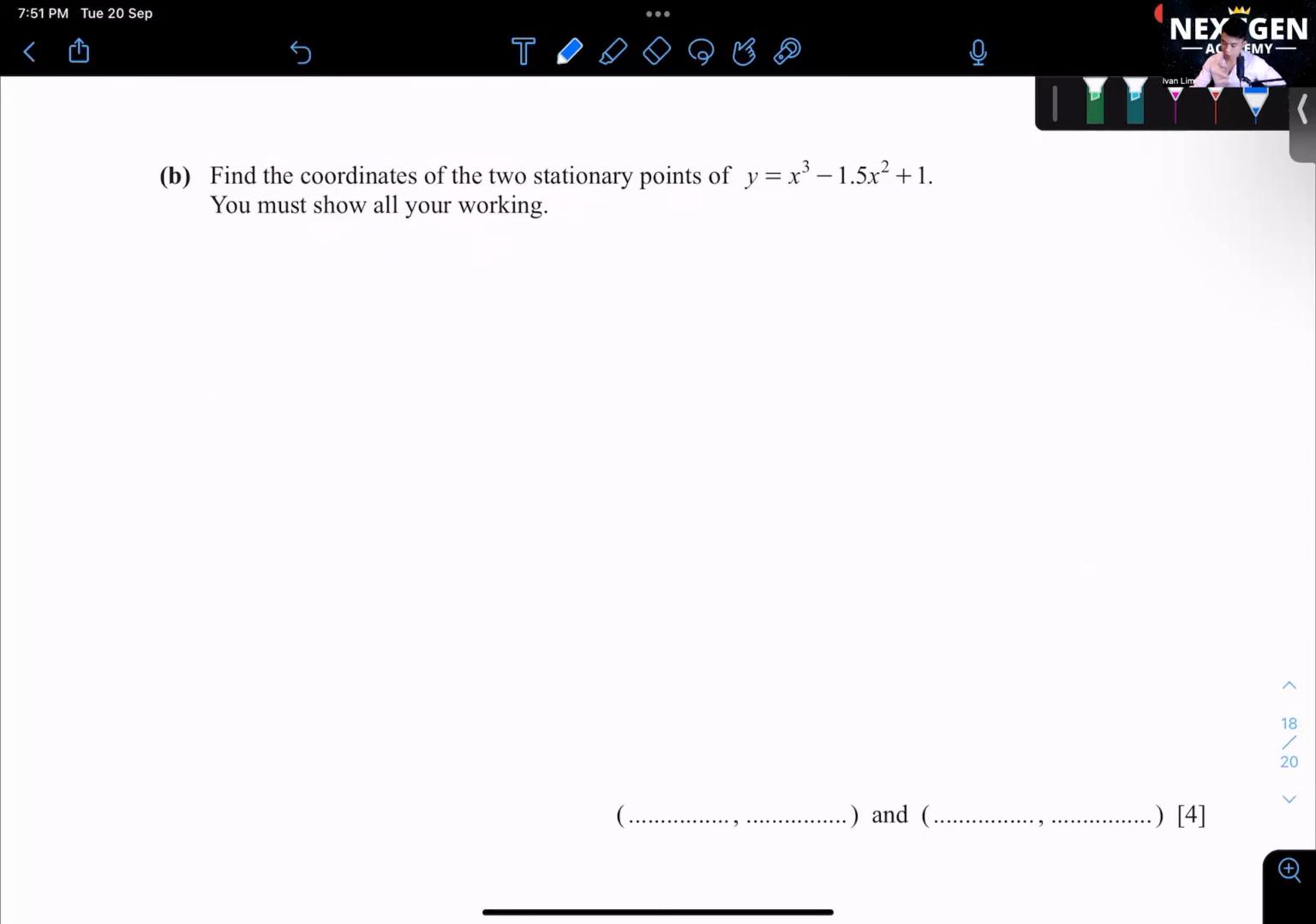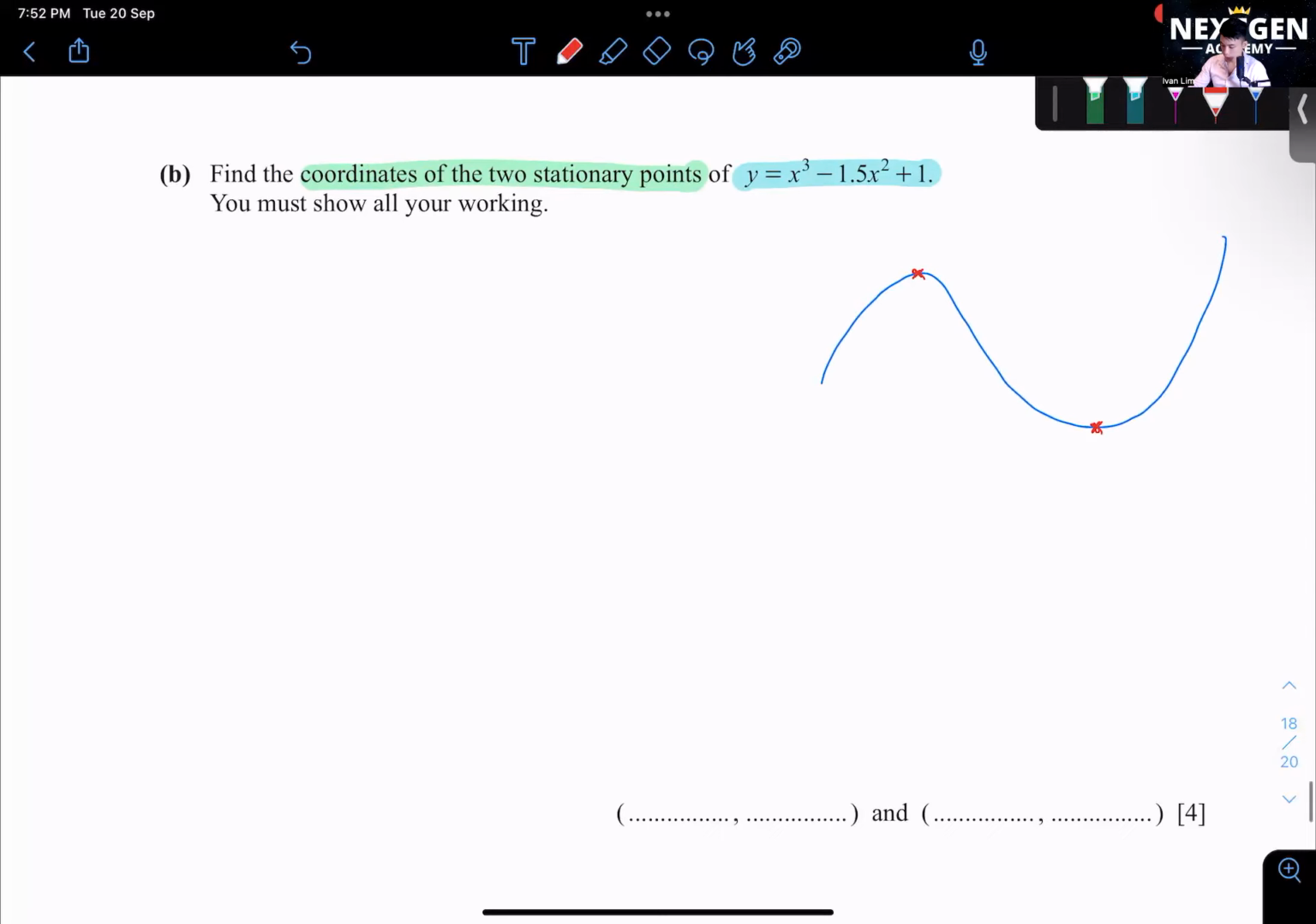Question B. Find the coordinates of the two stationary points of y equals x cubed minus 1.5x squared plus 1. You must show all your working. So the keyword here is coordinates of the two stationary points. So what is a stationary point? You need to understand this. A stationary point is actually your turning point, which also means your maximum or minimum point. Whenever you see the words stationary point, or sometimes they might use turning point,